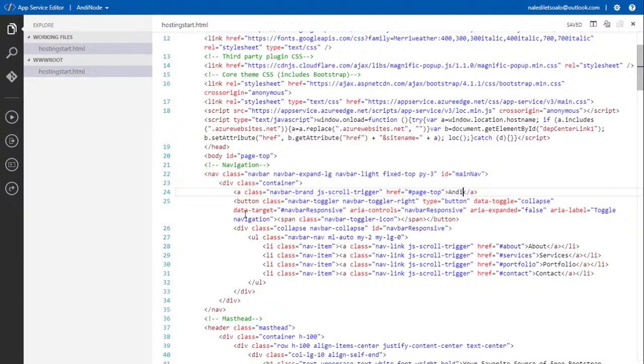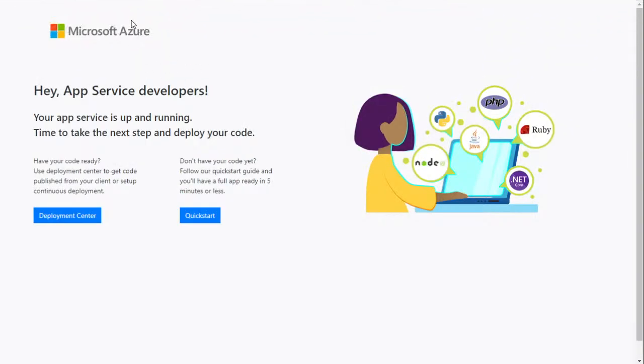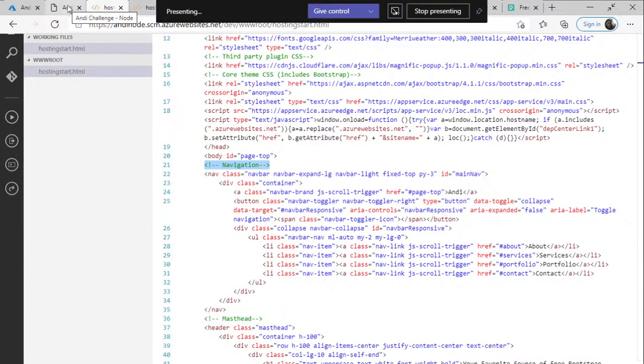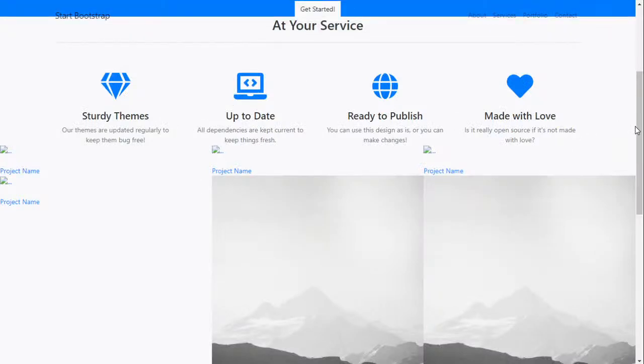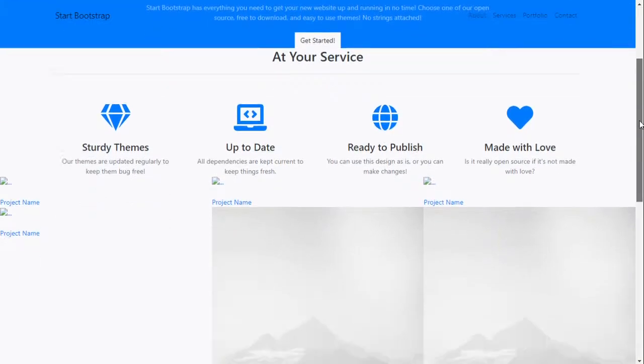And what I like about what they do at Start Bootstrap, they tell you exactly what it is that you're going to be working in. So over here, this is the navigation. Close that, open the running one. The navigation is this here at the top, right? This little section at the top, that's what the navigation is.